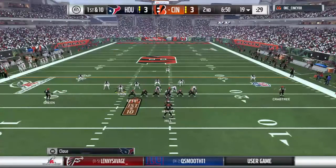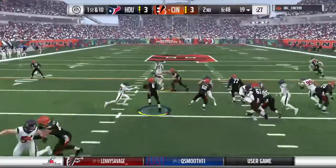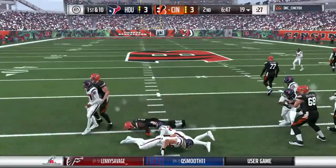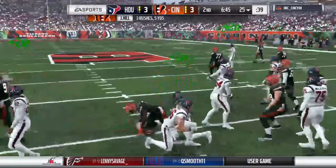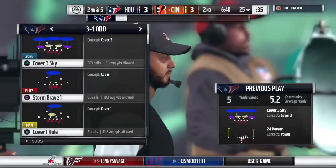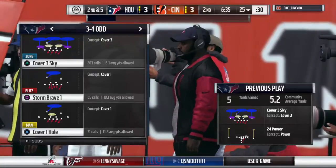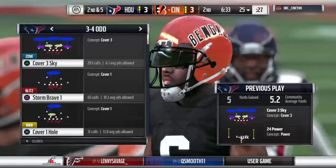We got three, fellas, we got three. They start the drive on the ground with Hill. And he'll find some space up to about the 25. 5 yards on the carry. Good pickup on first down. And that's exactly what you want on a first down run. Pick up 5 yards, bring up 2nd and 5. The defensive line, though, they've got to